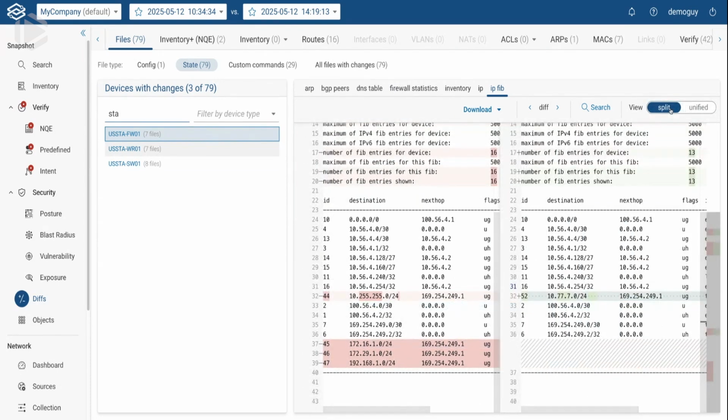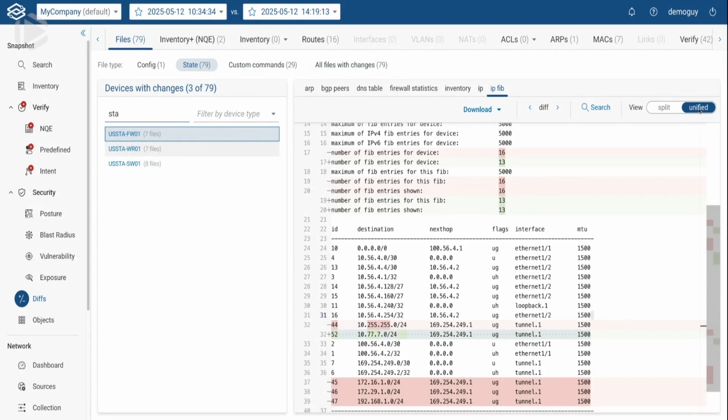What's the unify thing doing? Unify takes the pre-change snapshot and the post-change snapshot and lays the diffs on top of each other. Oh, okay. So instead of side by side, I can go vertical and see 2 different files stacked and combined, more easily. Yes, and it's a lot easier, at least for me, to see that the route came out but nothing went back in. Now that I know what I'm looking at, yes, it is easier for sure. All right, so now we know the route was removed.